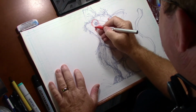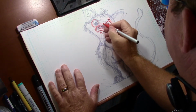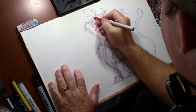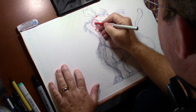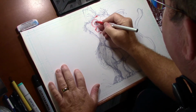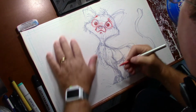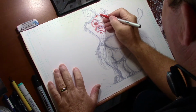And I do use, like, your Blackwing pencil. I do like Blackwing pencils a lot. Give him a little bit of eyebrow up here. He's got that eyebrow going up. He's got those two going up. And this is a drawing that I would use maybe as a preliminary base drawing